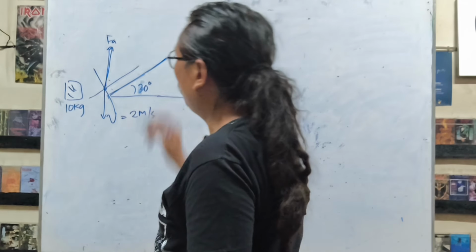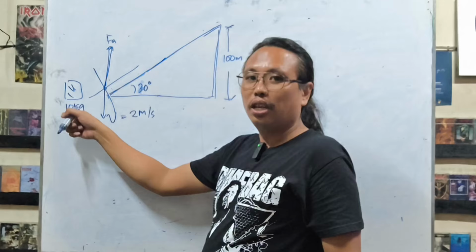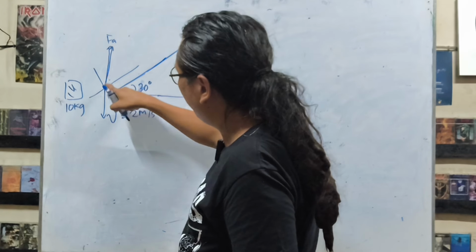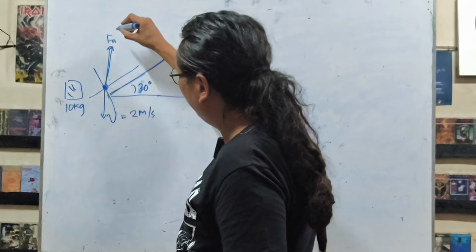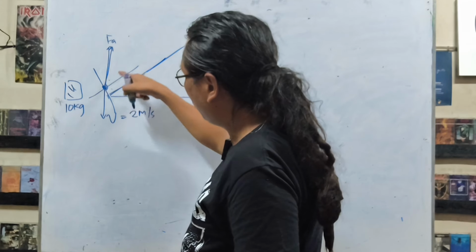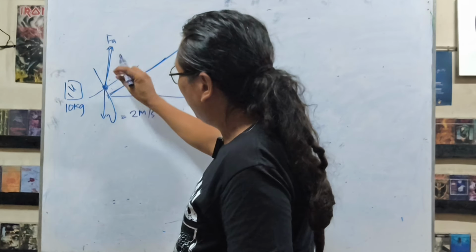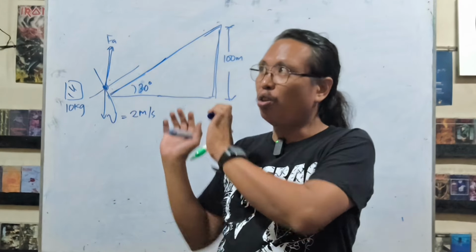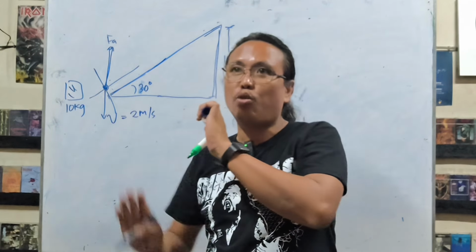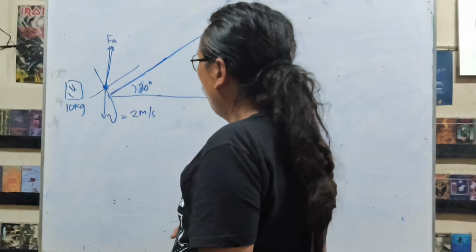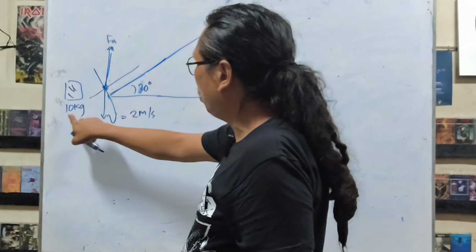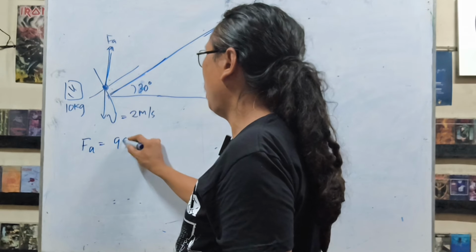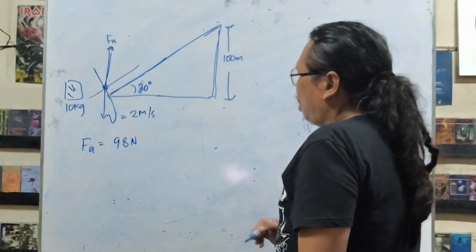So this applied force must just be equal to the weight of this, because this block is in equilibrium. As I move it, it's not going up relative to my position, to my height, nor is it going down. So if I'm carrying the block, in this axis it is in equilibrium. It's not going up or down, although I myself am going up. So this FA must be equal to the weight of this. So FA is just equal to 98 newtons.